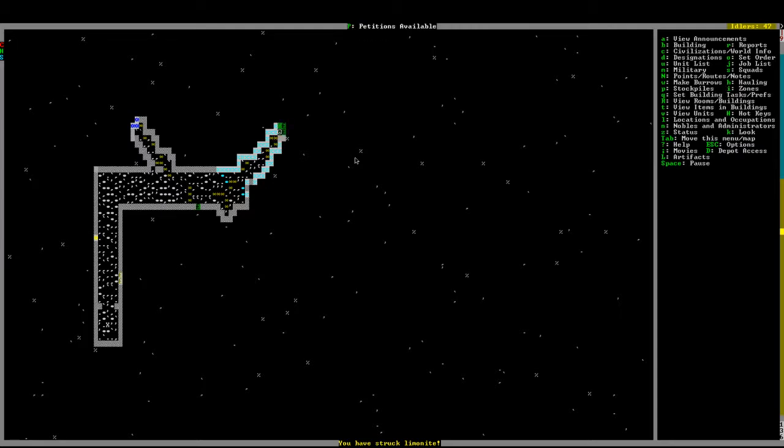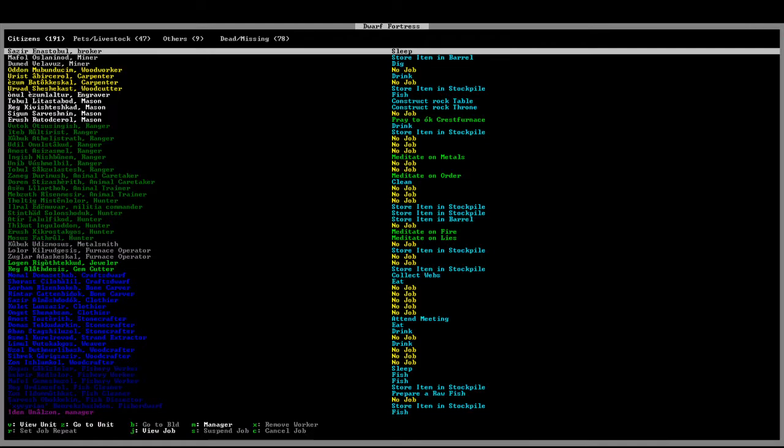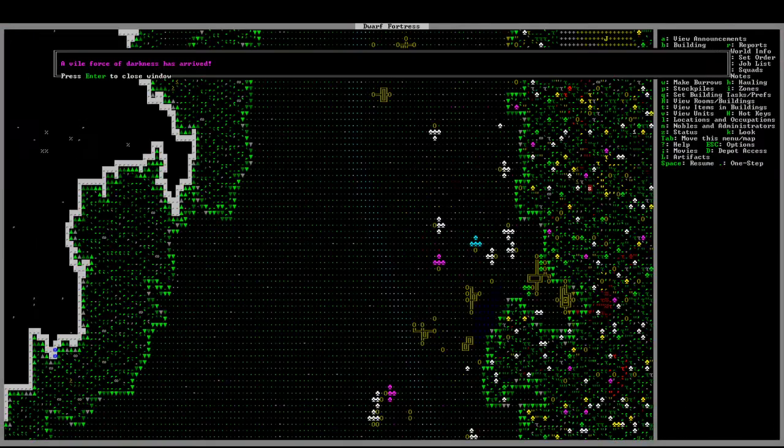Now, I was going to set up minecarts at some point, just to show it off, which is partly why I'm digging these tunnels so wide. You're the only dwarf mining? You're still storing items in barrels! No, wait, why are you doing that? Burial, yeah, but... Unless you count sticking like...